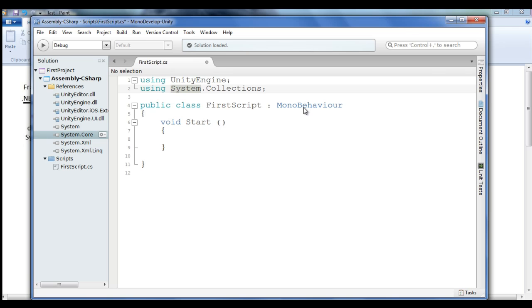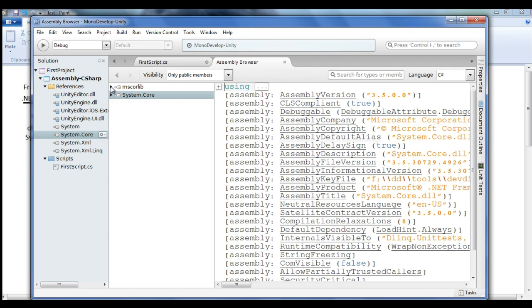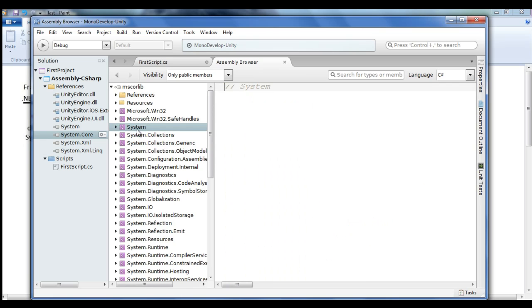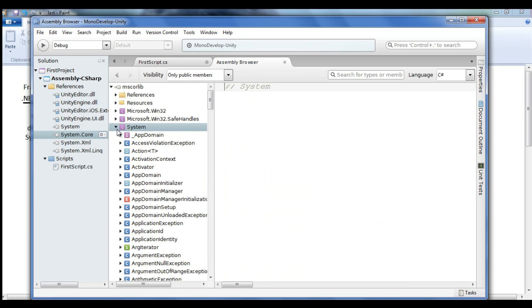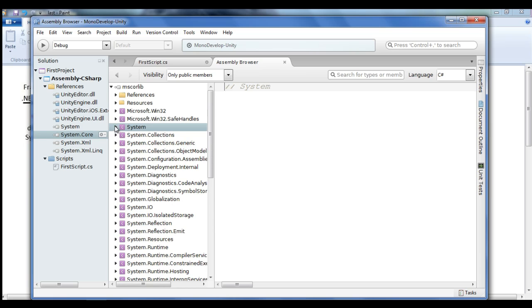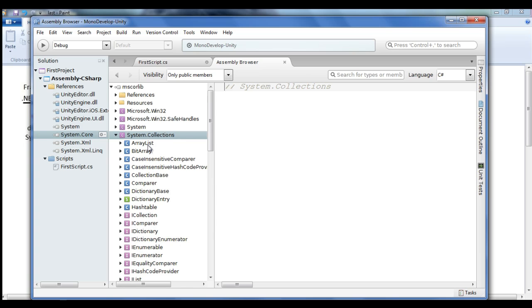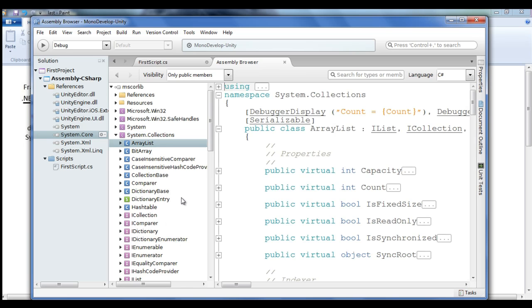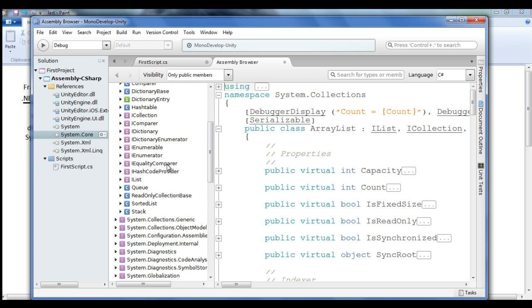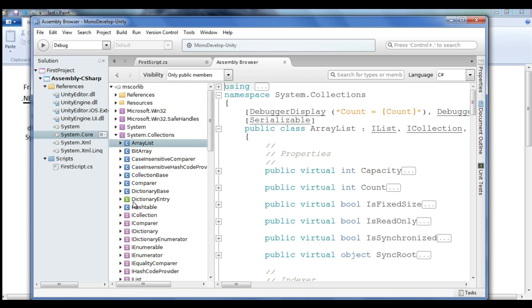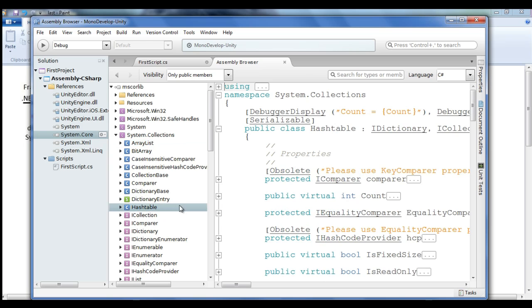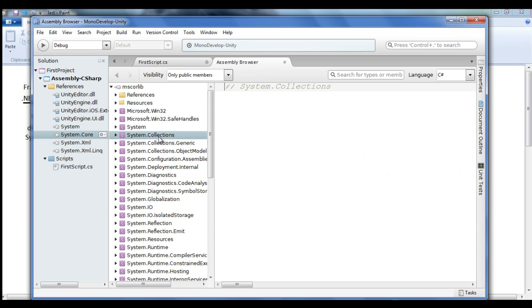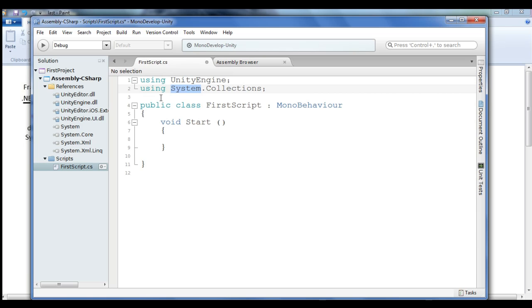I think I can browse. You can see here we have MSCorLib. In that you have a System namespace, and this System namespace has another namespace inside it, that is the Collections namespace. If I open this Collections namespace, you have different classes like ArrayList, BitArray, Queue, Stack, SortedList. There are different data structures. You have Hashtable. If you want to use these things in your file, you have to write using